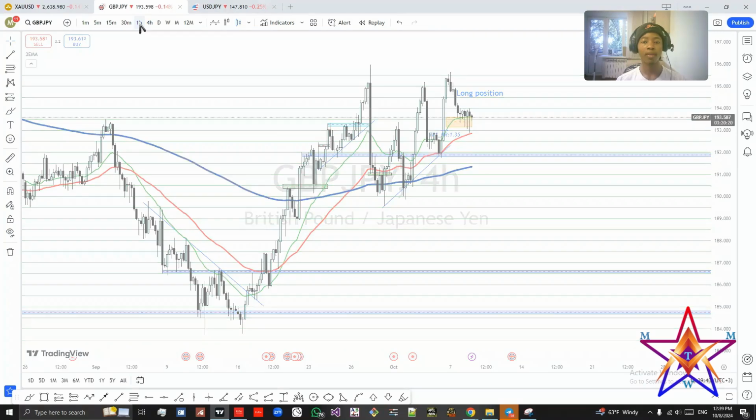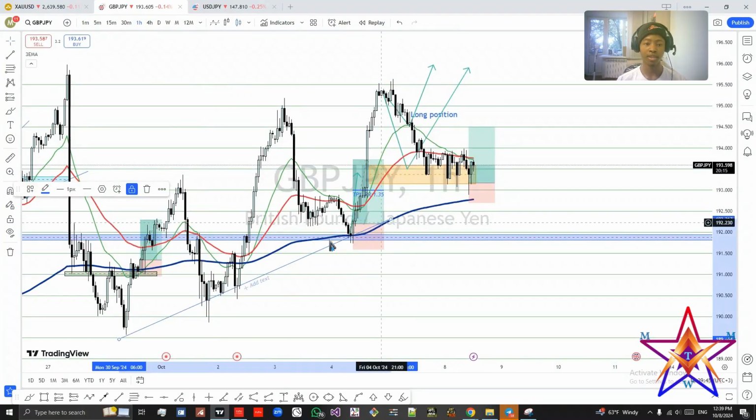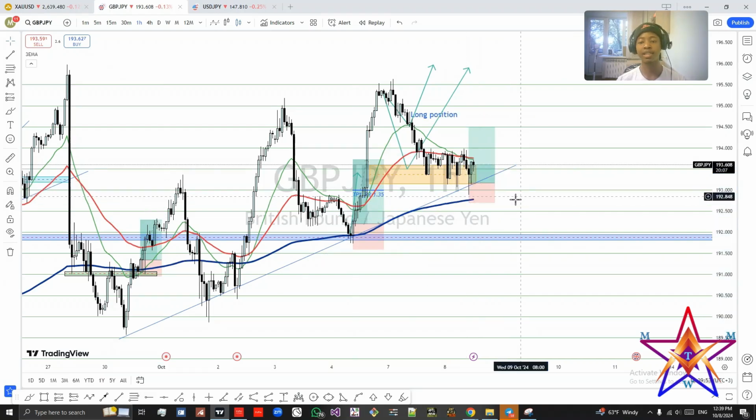And then we go to our 1 hour. Our trend line still maintained, right? Our trend line is still maintained right here. We saw that it is retesting the trend line and retesting the 200. What did I tell you about the 200 EMA in the 1 hour, guys? I always tell you approximately 80% of the times, this will work out. The 200 moving average in the 1 hour time frame.